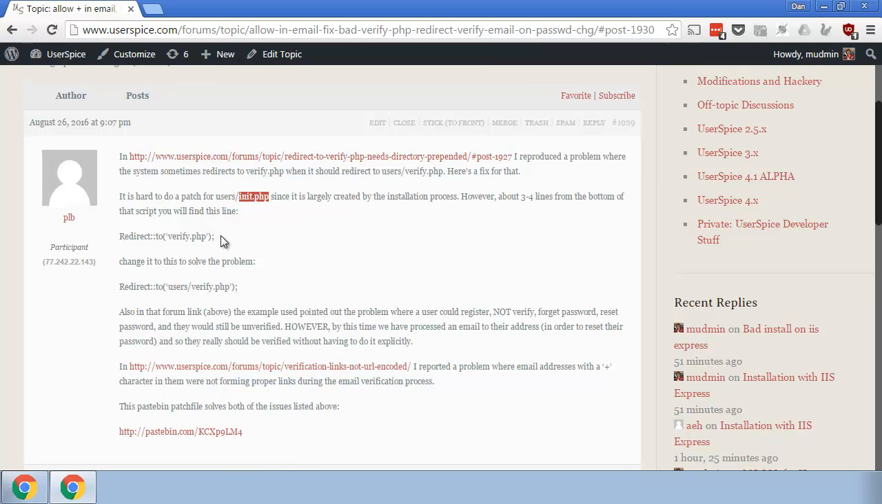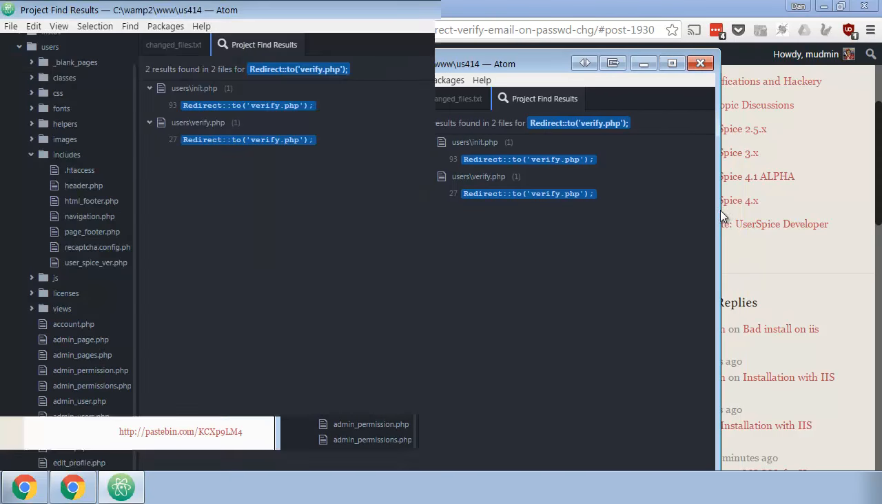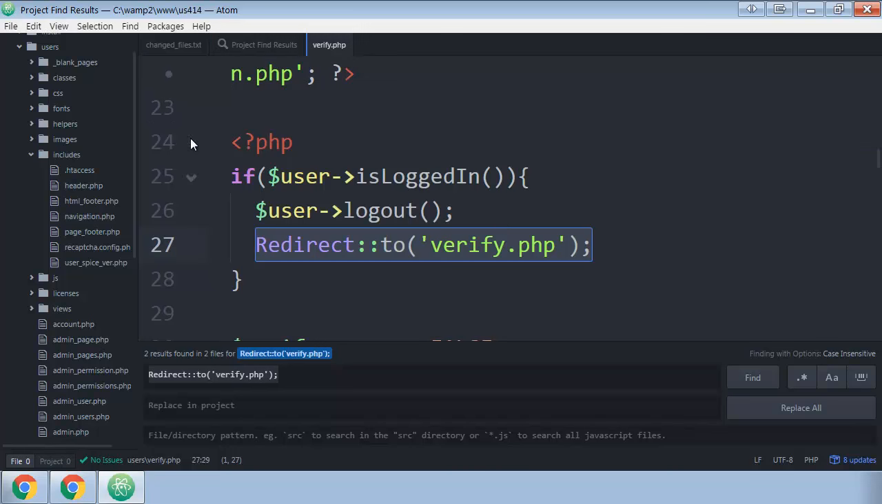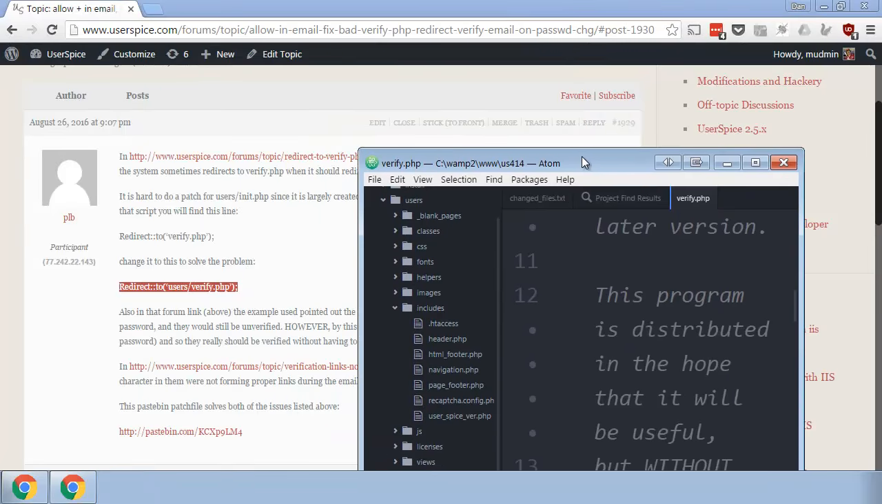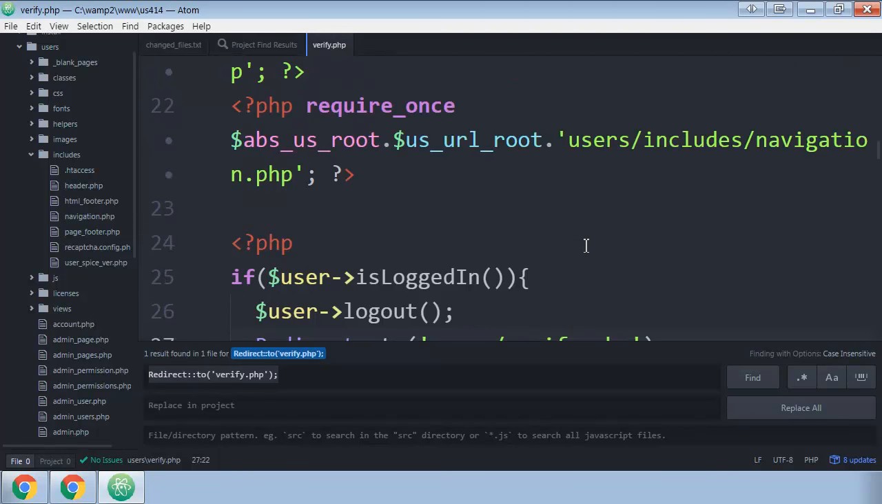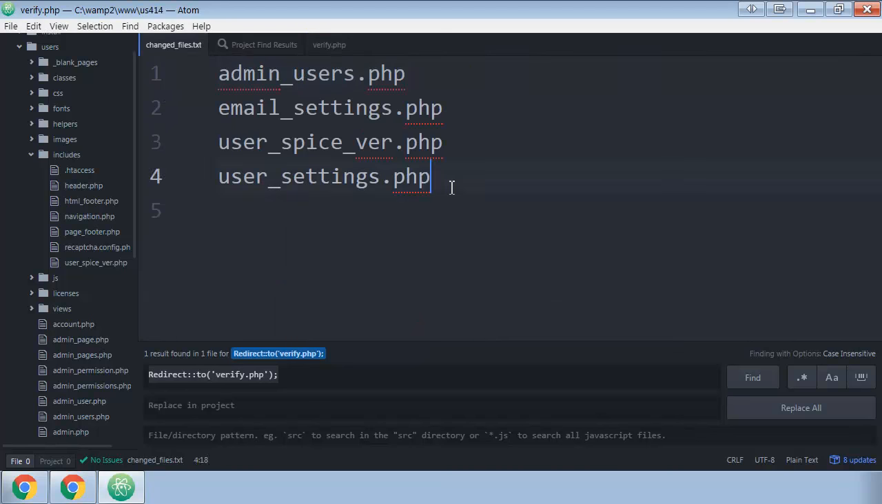The problem is that as we moved files around, it was saying redirect to verify.php when we really need to redirect to users/verify.php. So we can make one change really quickly. If I come in here to the code, you can see that that line is in two different places. It's in verify.php and it's in init.php. This one is really easy to change. I can make the change to users/verify.php, and that should be fine. And that's it. I'm going to add that to my changed files,